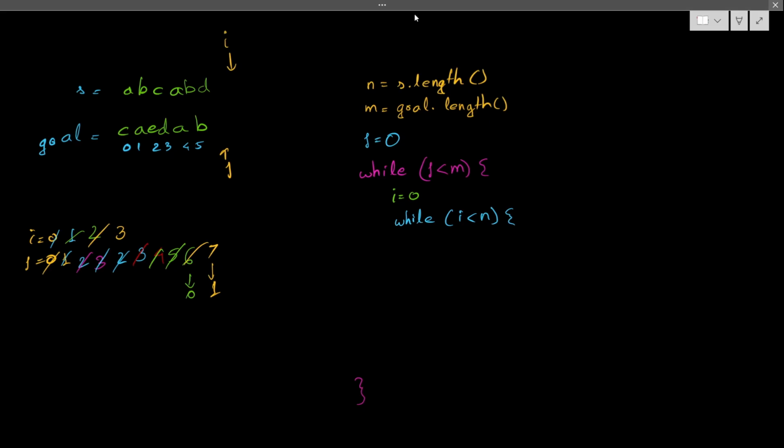If s of i is matching with goal of j, what I am doing is just increasing both of them, i plus plus and j plus plus. It is simply that. So if it is matching,